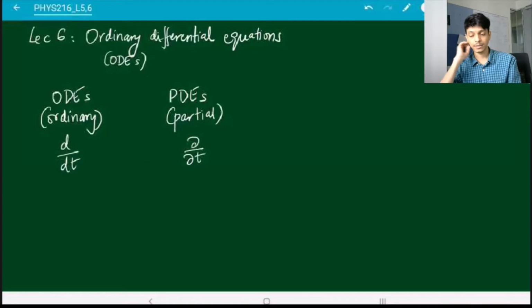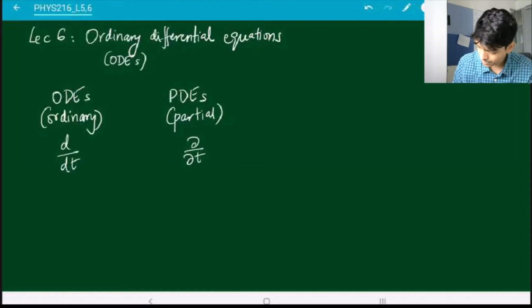So both of these are independent subjects in their own right, because there are different techniques that are required to use them. ODEs are generally easier to solve, and in this course we are only going to concentrate on solving ordinary differential equations. So we are not going to be looking at partial differential equations. In some cases, PDEs can be reduced to separate ODEs. In that case, it's straightforward. But even otherwise, there are altogether separate techniques that one can use for solving partial differential equations. So we are not going to touch on those in this lecture. We're only going to talk about ordinary differential equations.